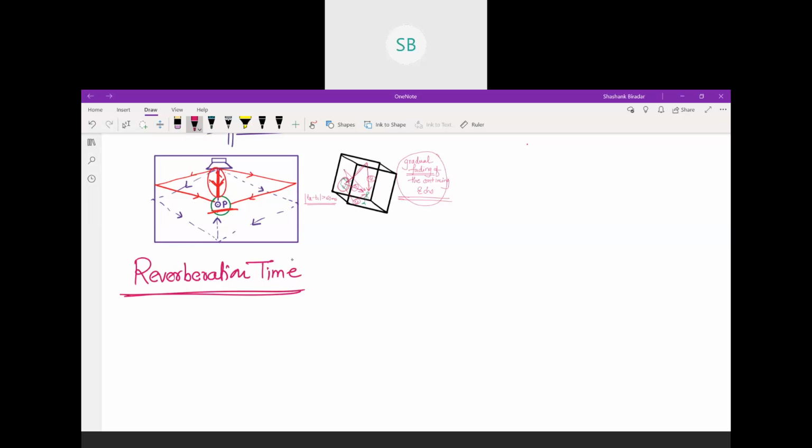The time taken by sound energy in a room or an enclosed surface to reduce to 10 to the power minus 6 times its initial value, that is 60 dB below its initial value, is known as the reverberation time for that enclosed room or hall. What is reverberation time? The time taken by the sound energy in an enclosed room or enclosed area